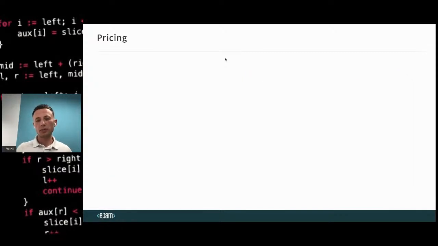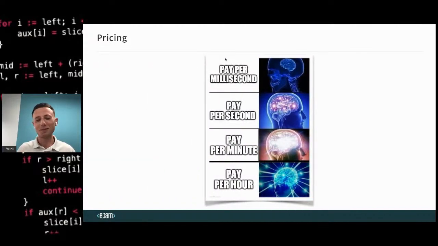What about pricing? Also take care about pricing. Too many works, take care. I think that the most reasonable way how I can explain why you have to take care about this, it's you pay per hour, and the best example is auto scaling. When you use auto scaling, you pay 50% more than when you use fixed capacity.